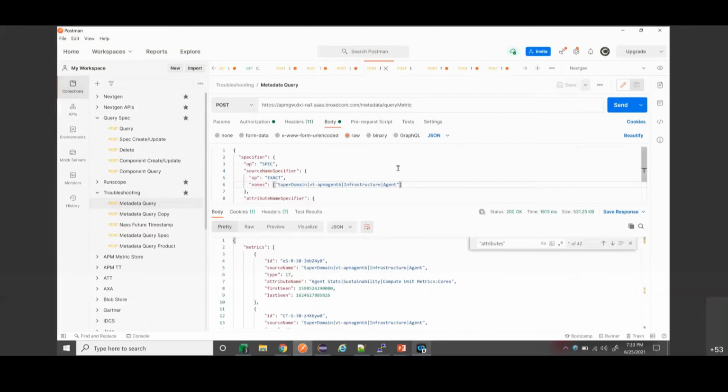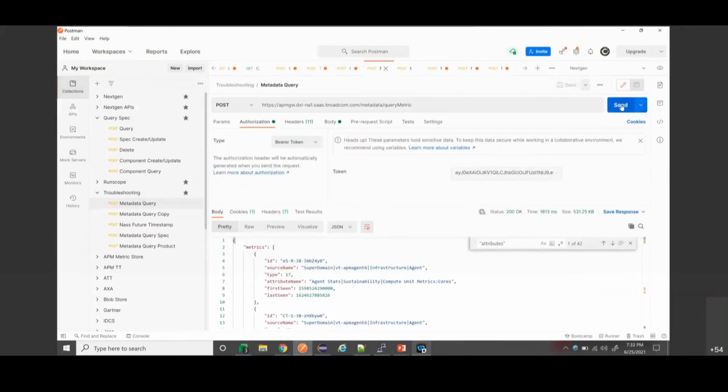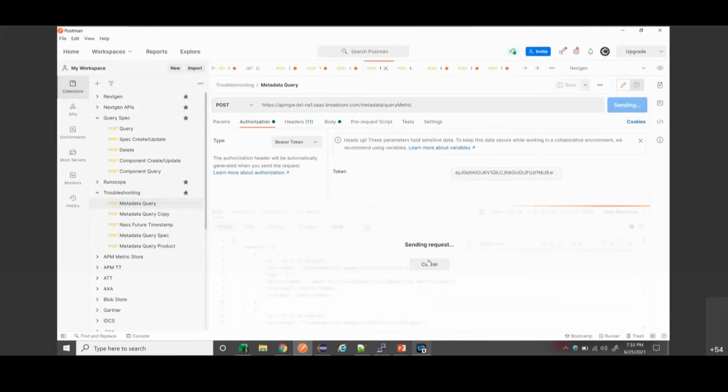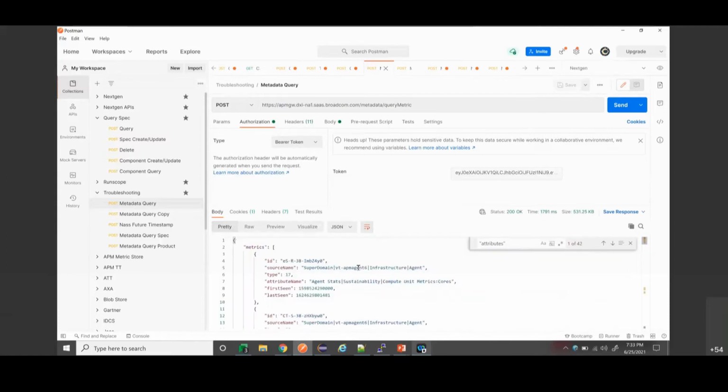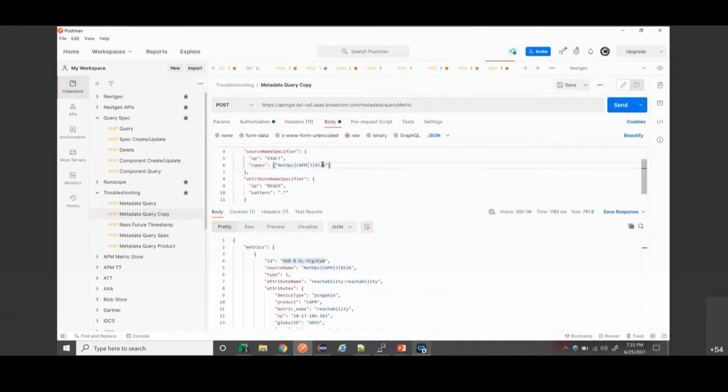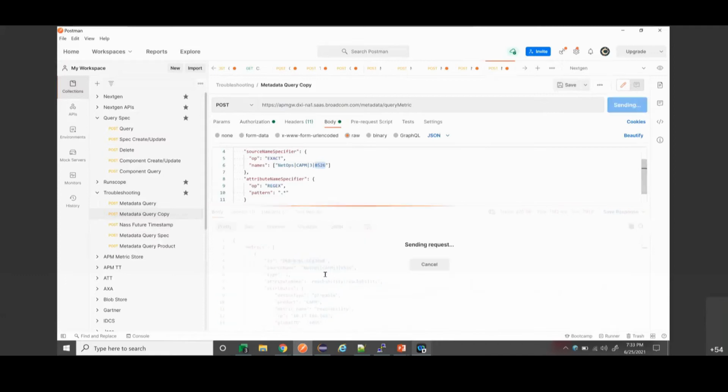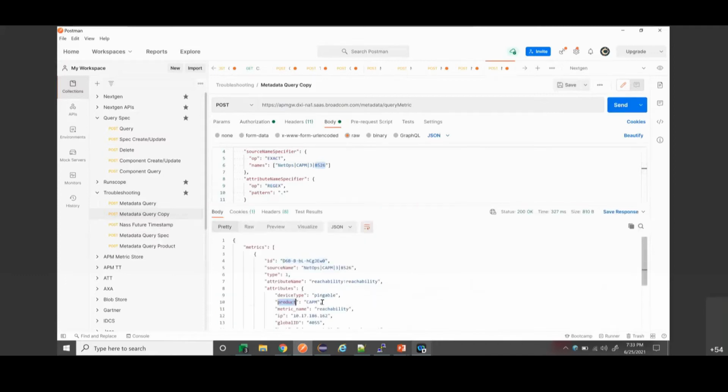So here, a simple example: if I know for sure I'm looking for a specific agent, and I want to see the number of metrics that are flowing through, we query metadata itself using the tenant token, and ask it to return the list of values that are available, right? And this will confirm if we really have the data that we are looking for, for example, if you are specifically looking for a product. For example, I'm interested to see how many metrics there are, whether it is flowing, and whether I have the right attributes. For example, the primary one that we generally look for is the product metric names,